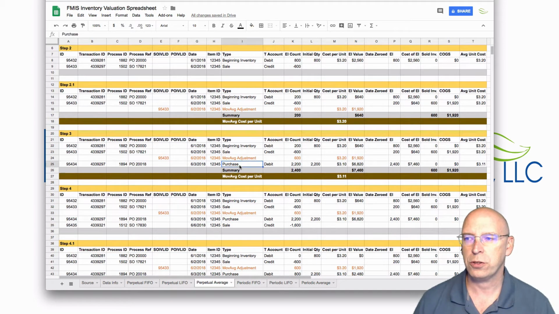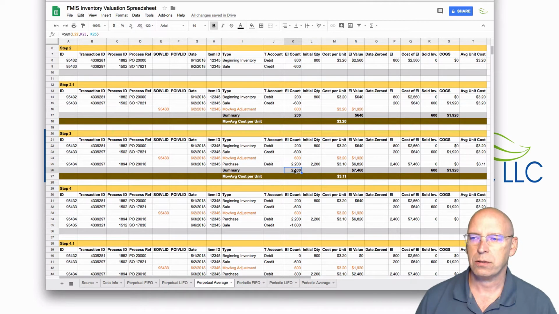It will change on a purchase, so we add a purchase. This is a debit on our T account. We're going to bring this in at $3.10. We had 200, and then we added in 2,200, so that gives us now a total of 2,400. We had an ending inventory value of $640, and now with our 2,200 at $3.10,